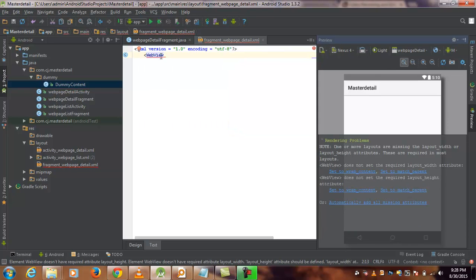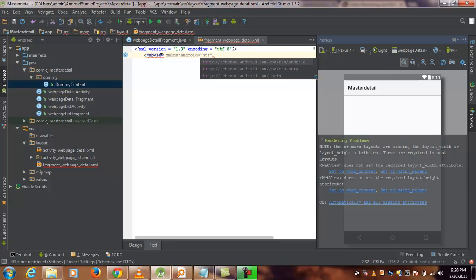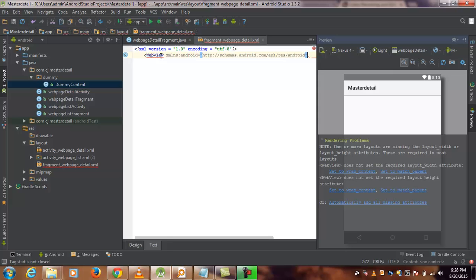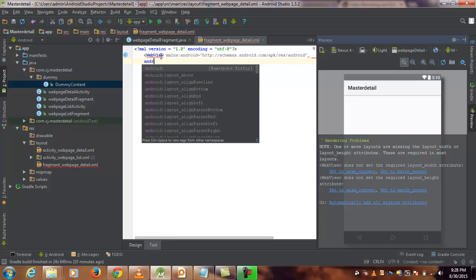Now select this web view, and you'll have to give them their appropriate package. Android.apk res Android. Select this one, okay, and in the next line you will have to use something called